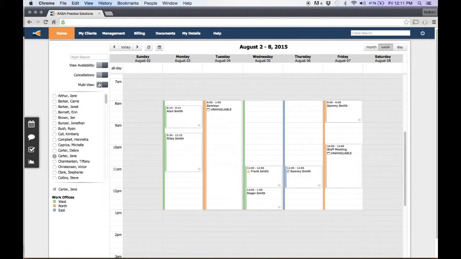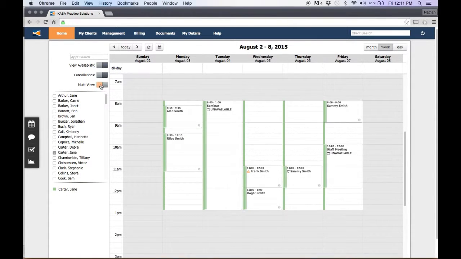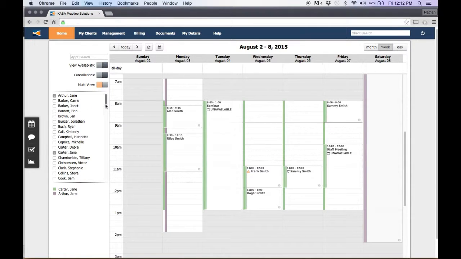The third toggle is one we're especially excited about, and that is the multi-view toggle. So by turning on the multi-view toggle, you can actually view as many calendars as you'd like from within your practice. So in this case, if we were to look at two calendars at once, you can easily see that